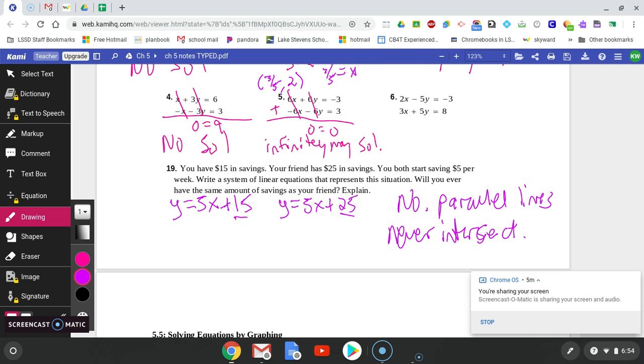All right, take a second and write your summary. How do you know whether it's going to be infinitely many solutions or if it's going to be no solution, both from a graph and from solving it using substitution or elimination? If there's any you have questions on, make sure and mark them. And again, make sure all of these examples were shown in your notes, ready to go for